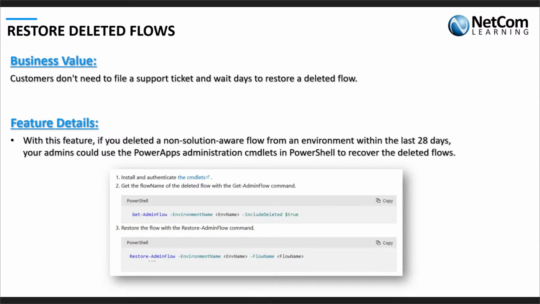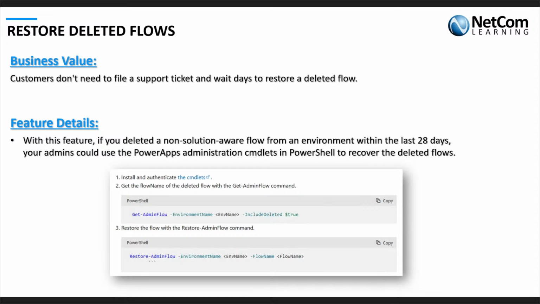For example, if you had a flow that was deleted a couple of weeks back and you would want to restore it, you can do that. But if there's a flow which is more than a month old, you would not be able to restore it. That being said, you can delete these flows altogether using PowerShell. But again, just a recommendation from my side: if you do not want a flow and you're not sure if you would need it in the future, it's okay to turn it off. You don't really have to delete it.